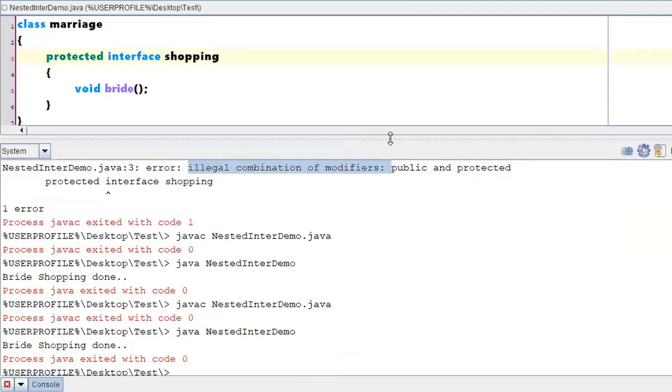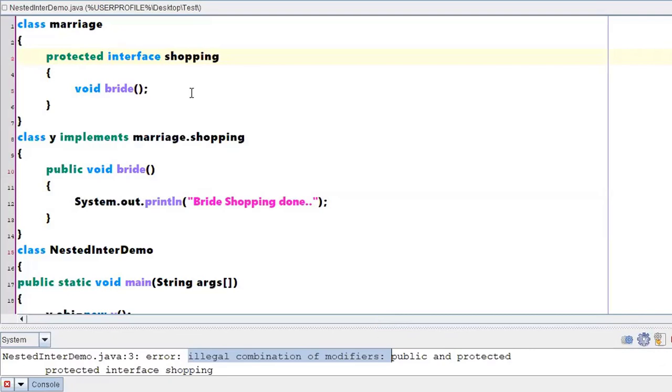Right? So what is the conclusion? We have not discussed access modifiers, I am well aware of that, but keep this particular point in mind. If you are introducing an interface within another interface, make sure that you write public only. If you want to put restrictions on an inner interface, then include that particular interface under a class.